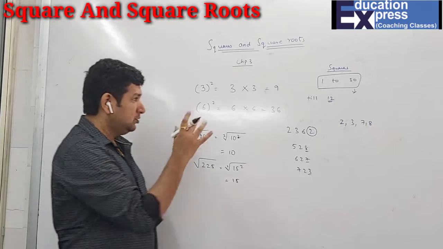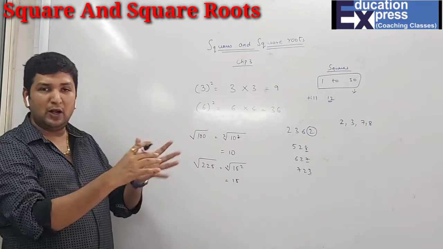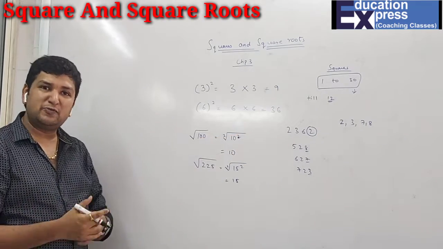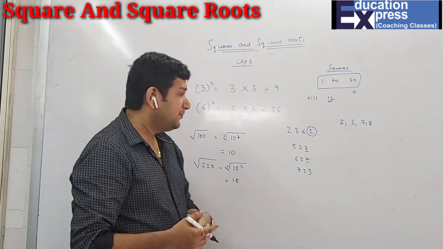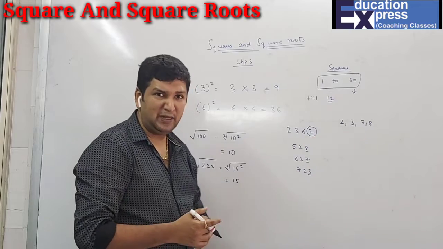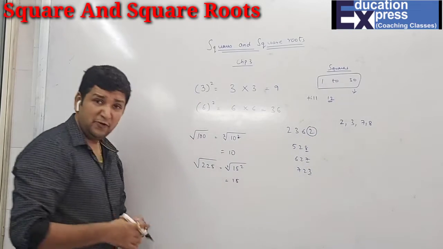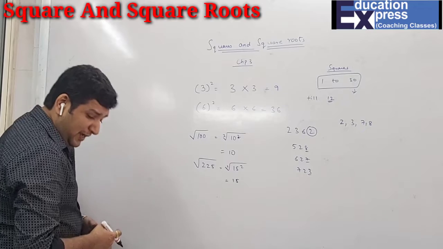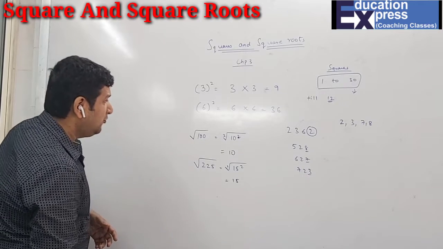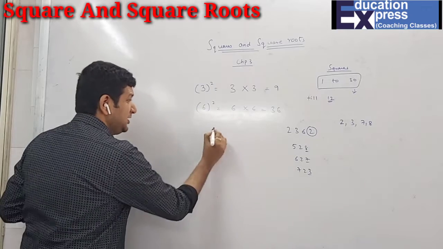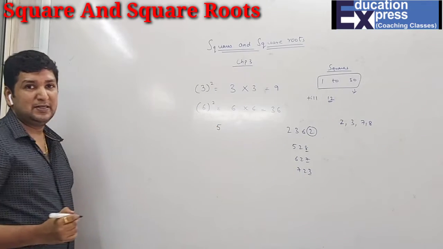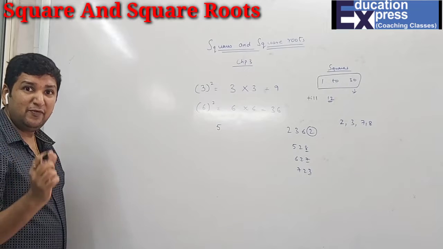Okay, so they can give you few numbers and say find whether this number is a perfect square or not. So looking at this number only you come to know it's not a perfect square if it has 2, 3, 7, 8 as a unit place. Now, few more tricks. In case you have to find the square of any number which has 5 in the unit place.